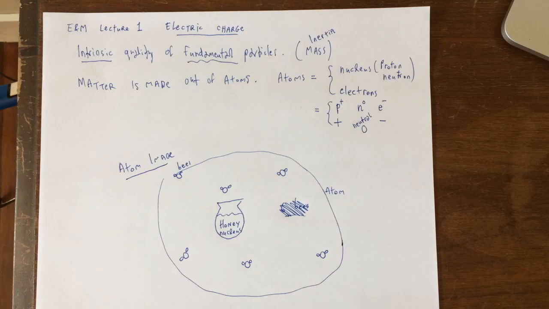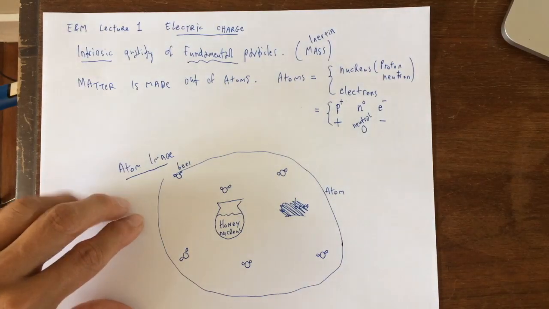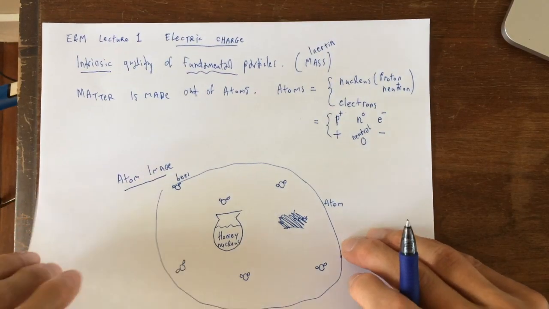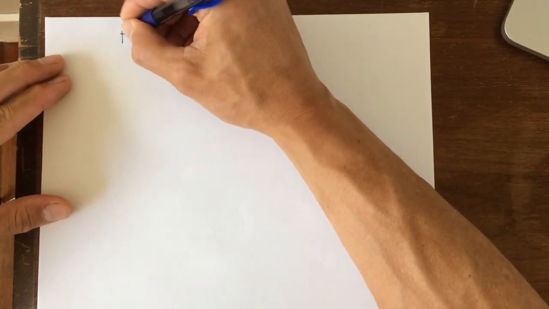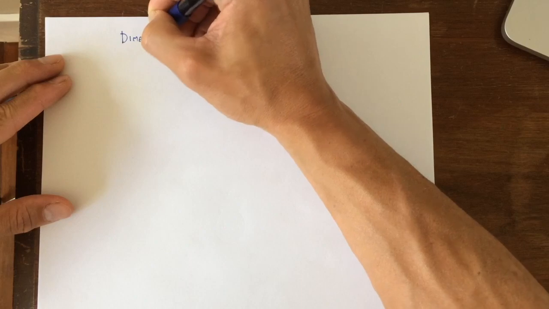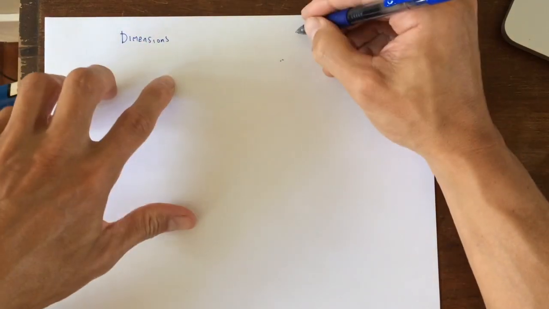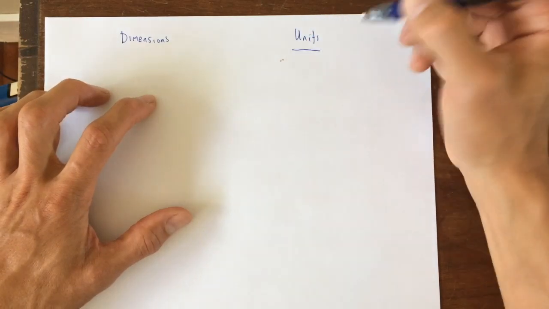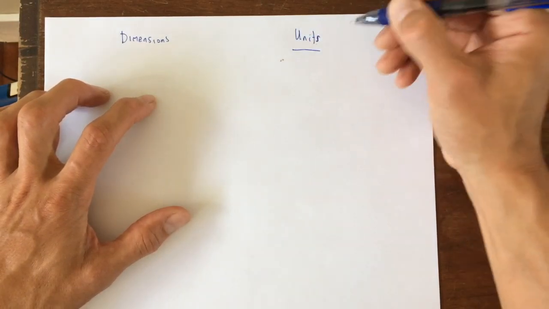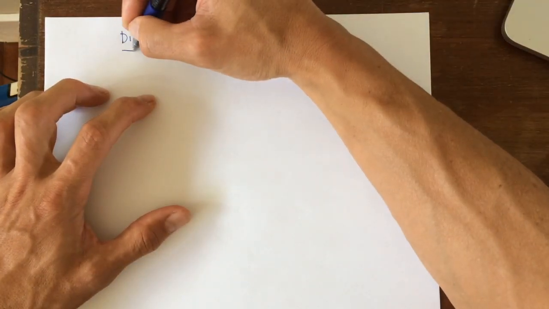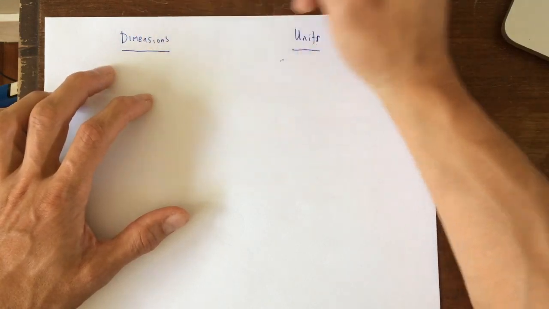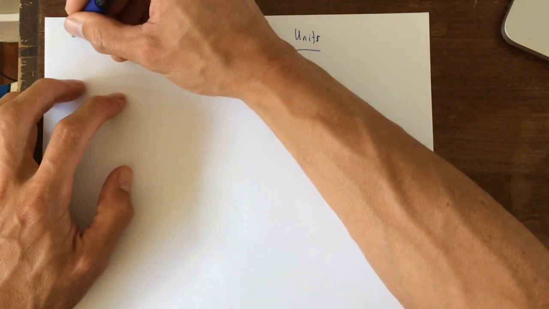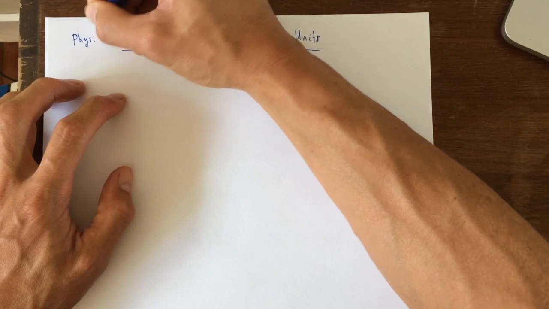All right, so let me move on and talk about units for electric charge. So I really enjoy this kind of chart when I talk about units. So I'm going to talk about units second, and I'm going to talk about what I call dimensions. These are physical dimensions,